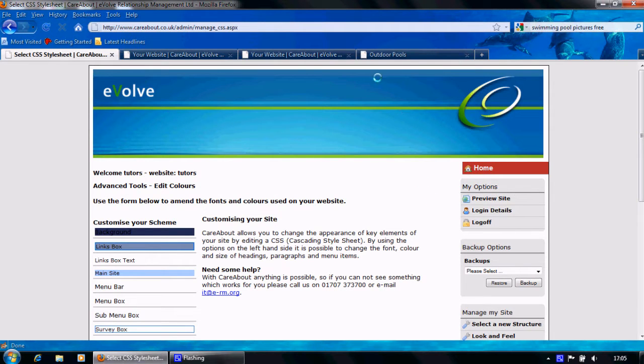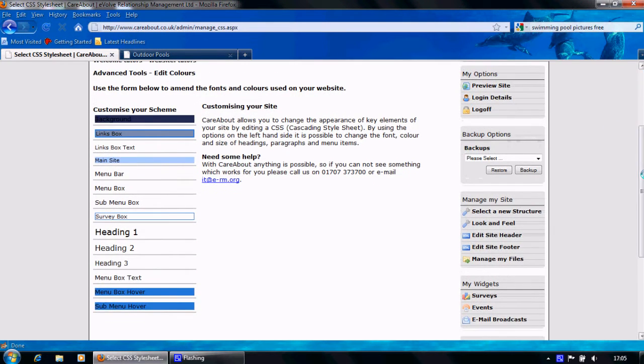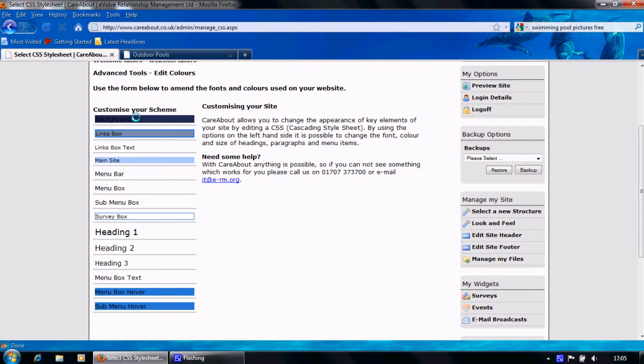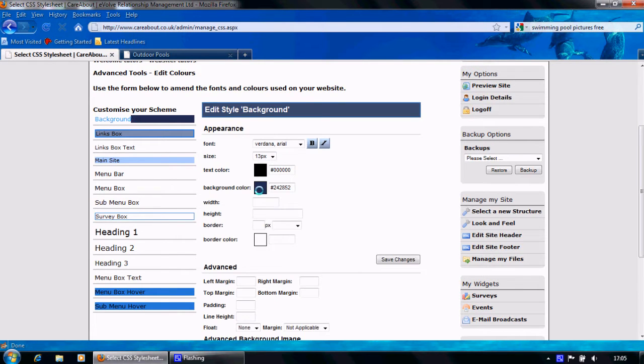What we're also going to do is have a look at this list of words down here, from background to link boxes to main site to menu bar, and identify what they individually mean. So let's start at the top with the background, and in here we can see the background's in a purple colour. If we double click on background, we can see it's a purple colour,